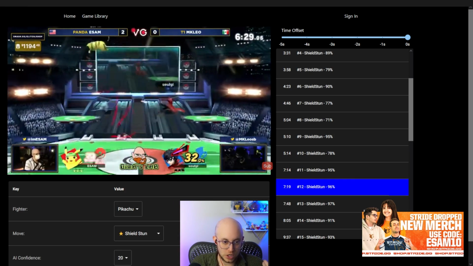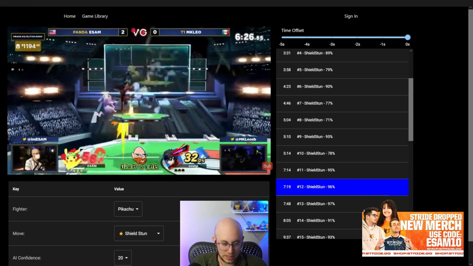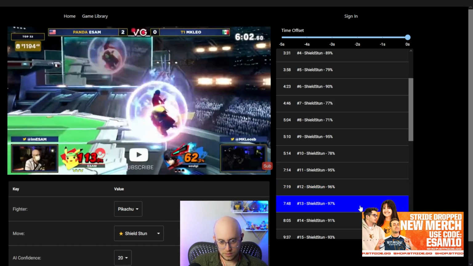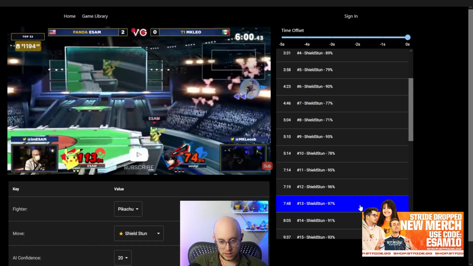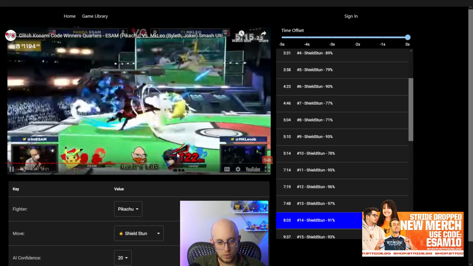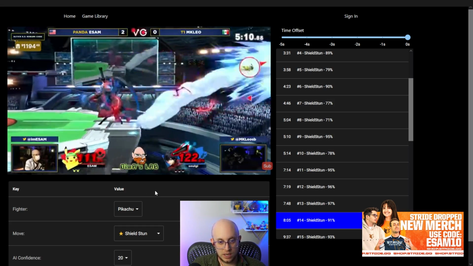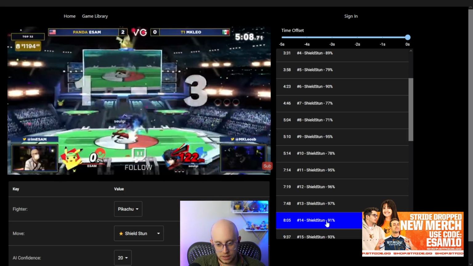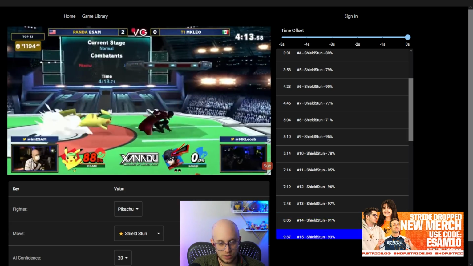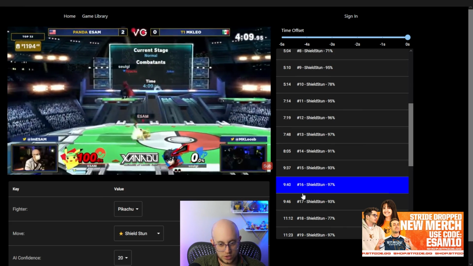I didn't punish the Rebel's Guard, which I think I just messed up, or I thought he would be lower to the ground. That was supposed to be a back air, more than likely. Proof that I'm rolling more and moving more, which, hey, again, sometimes you don't want to get hit on shield, even if you're losing, because it's too strong, you know what I'm saying? So, yeah, I guess that's the next time I shield. And then shield gun,